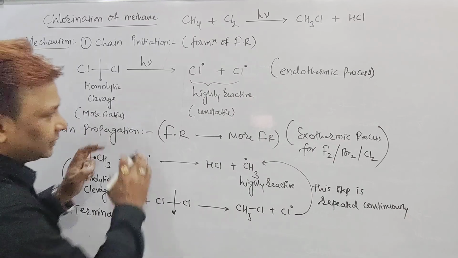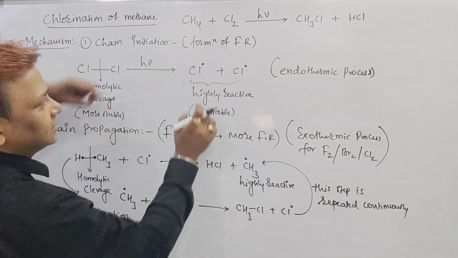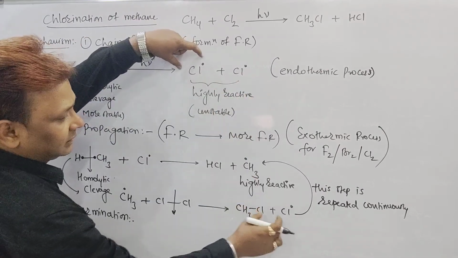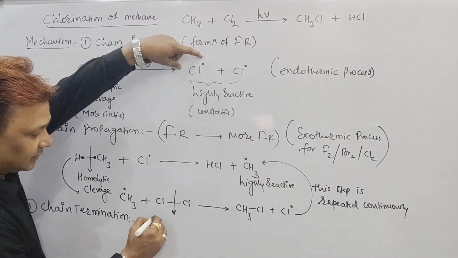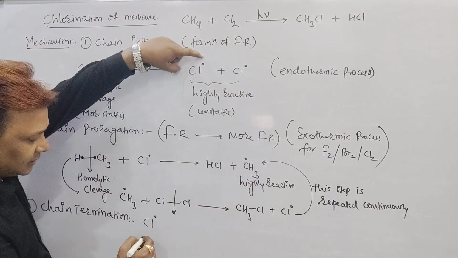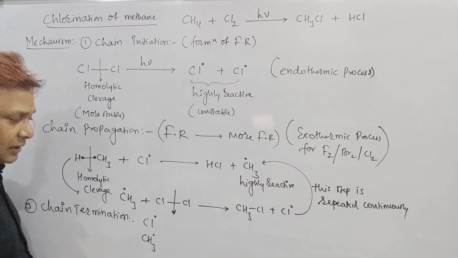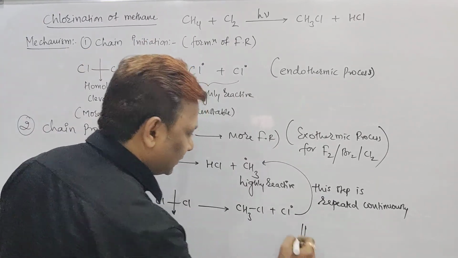See beta, in this process how many radicals are there? We have to collect all the radicals. Sir, I am having Cl radical. Are you able to see, sir? Very good. One more, the CH3 radical. Is it clear, beta? 2 radicals we collected. Place is not there, I will write on the other side.